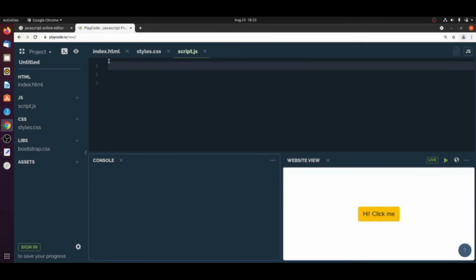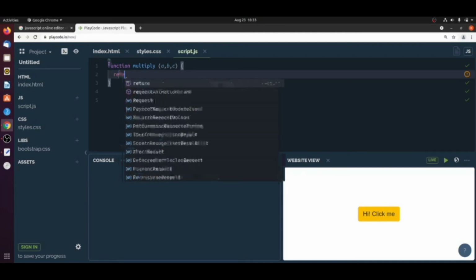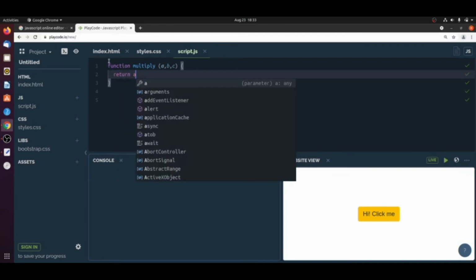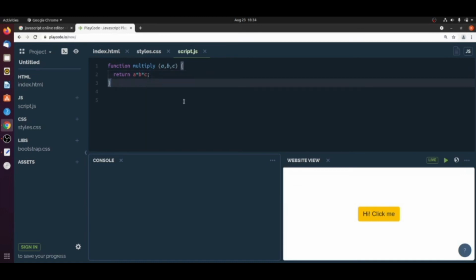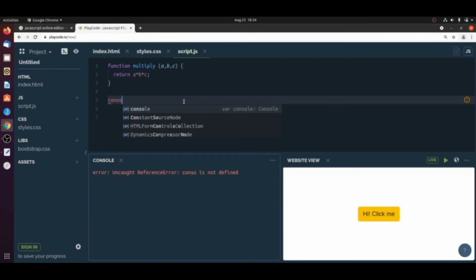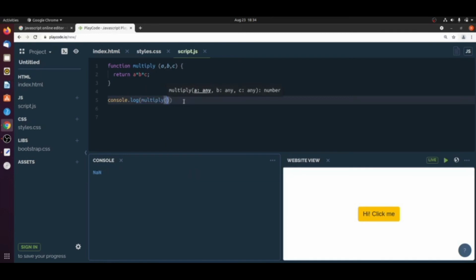Let's say I have one function, multiply, with parameters A, B, C. I will write console.log, and return A into B into C. Here I will pass those values to multiply: 2, 3, 4.